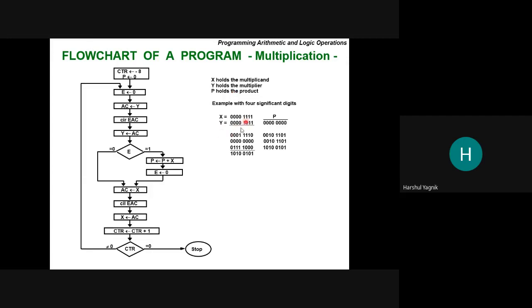Okay. So what is the value in the label X? 0FH, right? 0 0 0 0 1 1 1 1. What is the value in the label Y? 0BH, right? 0 0 0 0 1 0 1 1. And the product terms. Now over here you can see the product terms, how it is done in binary.